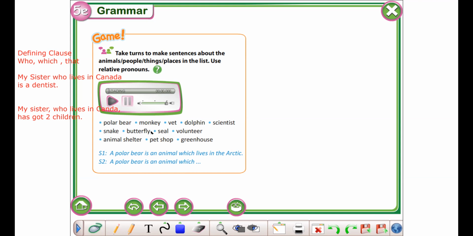Okay. The monkey is a mammal that lives in the jungle. Mainly in the jungle. Okay. That's right. Who's going to try another animal description? Alex, choose another word to describe. The snake is an animal that lives in the flat places and jungles, which there's a place to hide from the other animals and